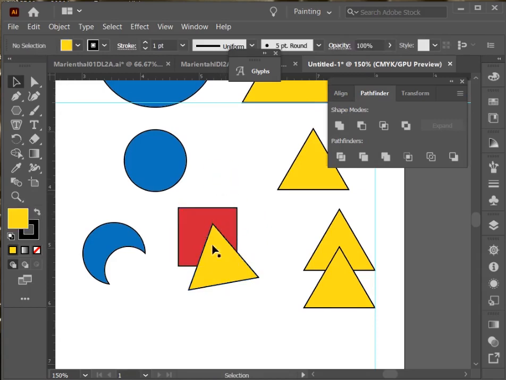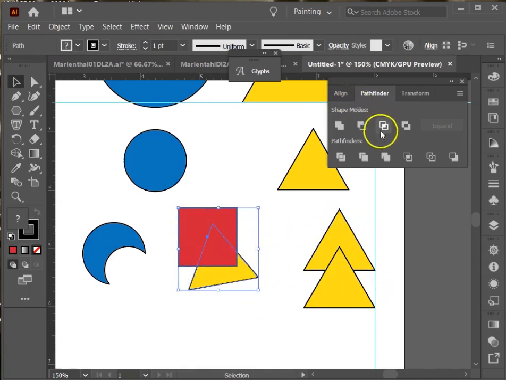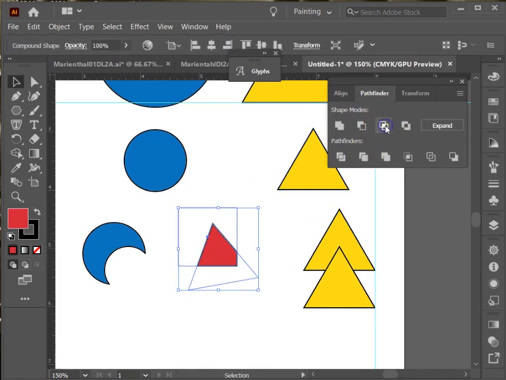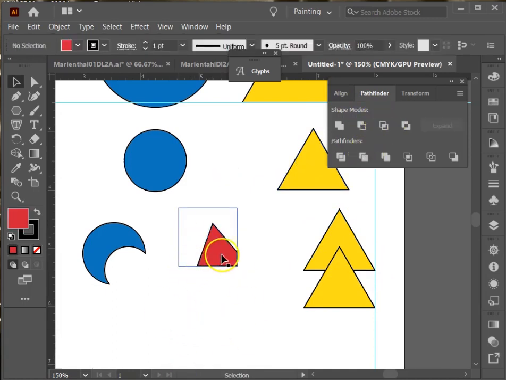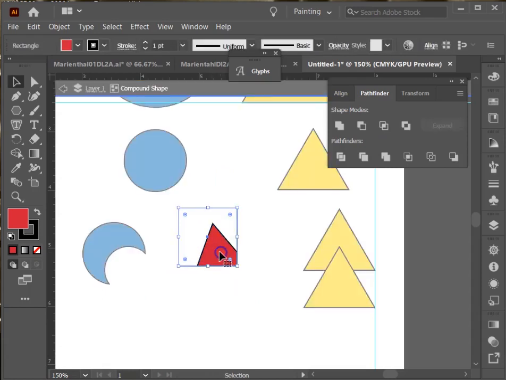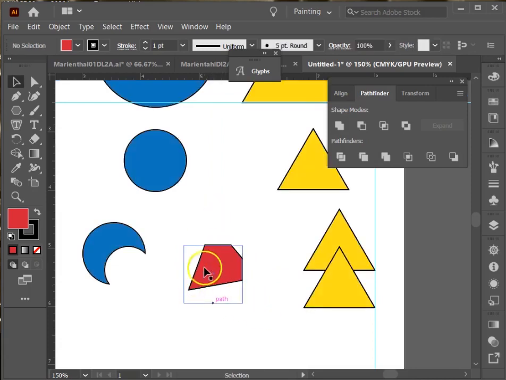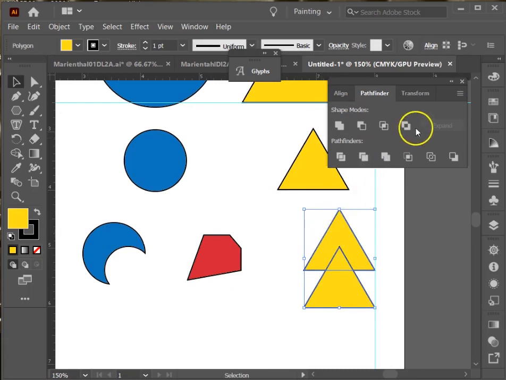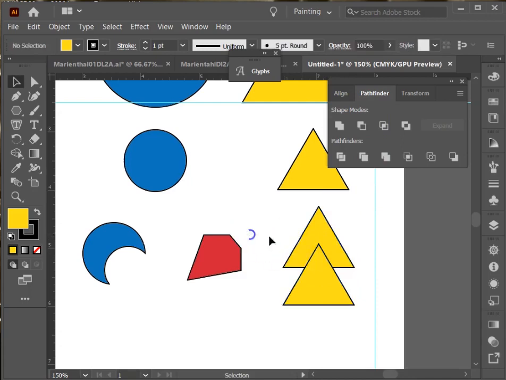it's Command Z to get back to there. I'm going to put the square in the front because I just thought since this is going to be yellow over here, maybe I'd like to do this one so that it comes out as a red shape. Okay. And finally, I've got one called exclude, and what that means is you get the two shapes, but where